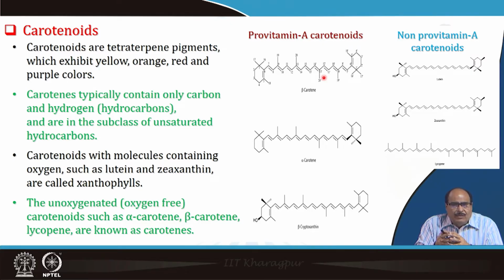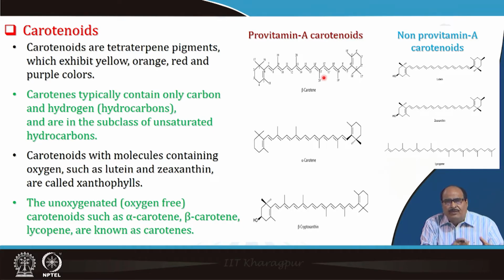Carotenoids with molecules containing oxygen, such as lutein and zeaxanthin, are called xanthophylls, and in many fruits the color is present in the form of xanthophyll. The unoxygenated, that is oxygen-free, carotenoids such as beta carotene, alpha carotene, and lycopene are known as carotenes. The carotenes are a precursor of vitamin A, that is, they are called provitamin A,